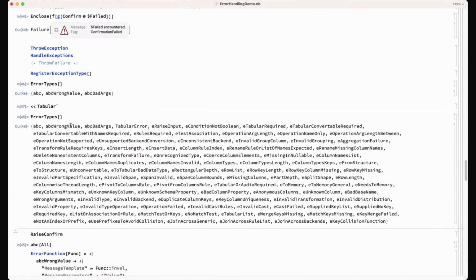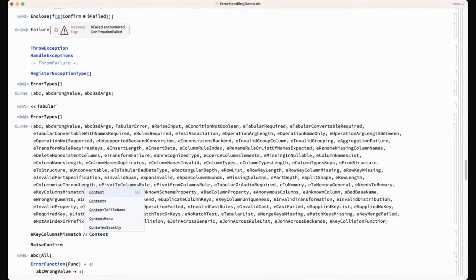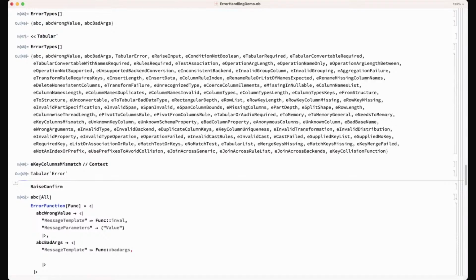What context are those actually? Oh yeah, okay. All of these are created in the tabular backtick context. So this makes them guaranteed to be unique. And this is one of the key safety things that we wanted to ensure. And this is why we recommend against string tags, for example.